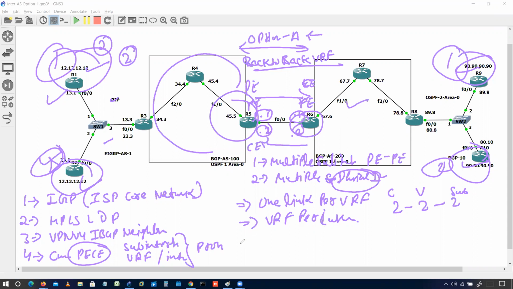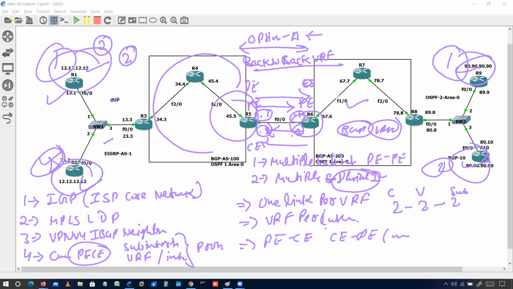It means what we have here is a normal PE-CE configuration, a normal VPNv4 neighborship here, a normal VPNv4 neighborship here if we have BGP. Or we have two different links, two different VRF, so what we'll configure here is BGP with VRF. That's it. No worries.